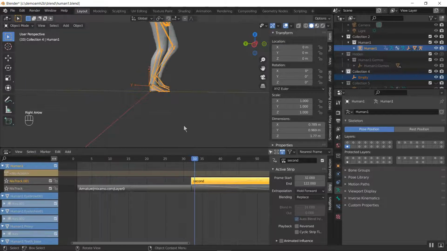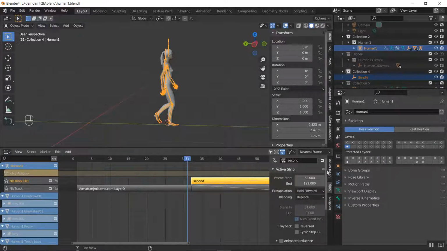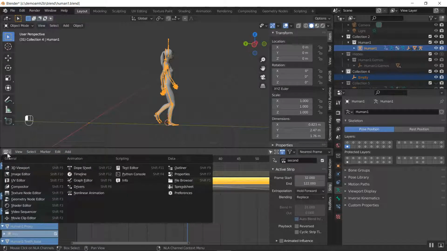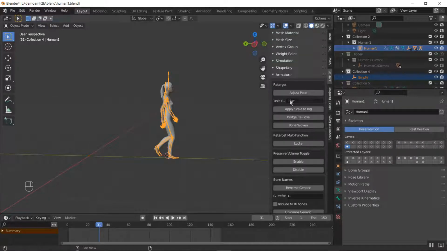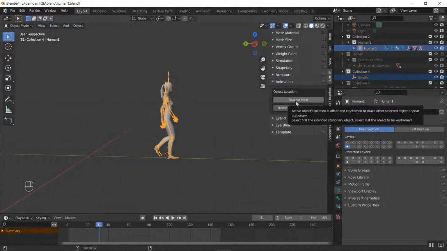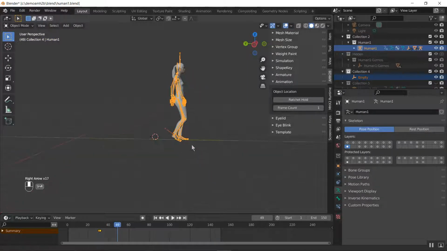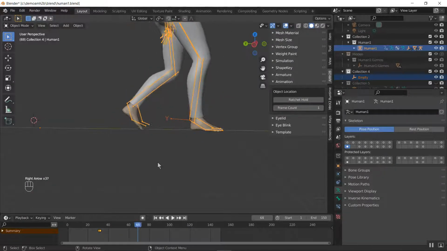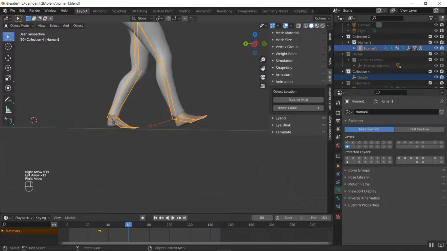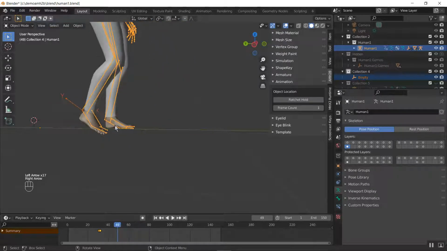Now our character is just about to transition back. So we will use the Ratchet Hold option here. See what happens. Do it once. Looks good. And now looks like the feet are sliding. That doesn't look right. Maybe we can use Ratchet Hold to fix that up as well. But I noticed that we're going to have to do it for the other foot at some point. We're going to have to add an empty to this